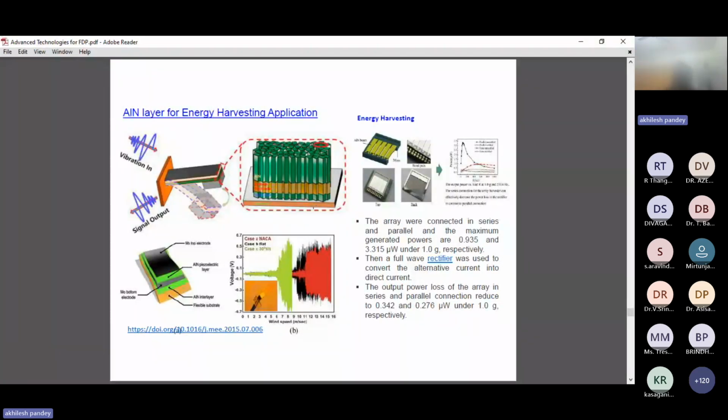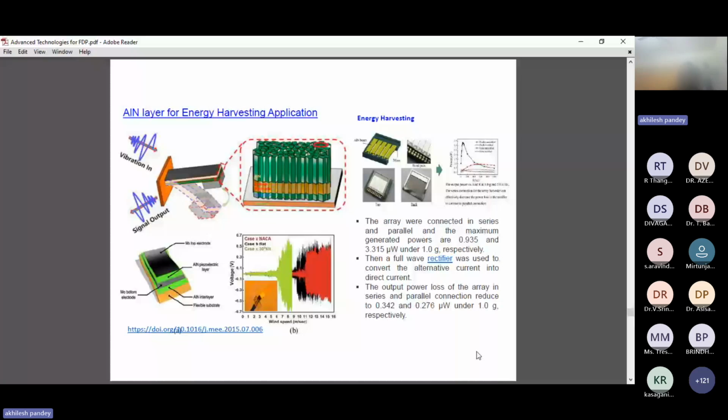Here one can see the aluminum nitride beam has been shown. The arrays are connected in series and parallel, and the maximum generated powers are 0.935 and 3.315 microwatt under 1G respectively. Then a full wave rectifier can be used to convert alternating current into direct current. The output power loss of the array series and parallel connection is reduced. So aluminum nitride can be used for energy harvesting, although the efficiency might be slightly low compared to other